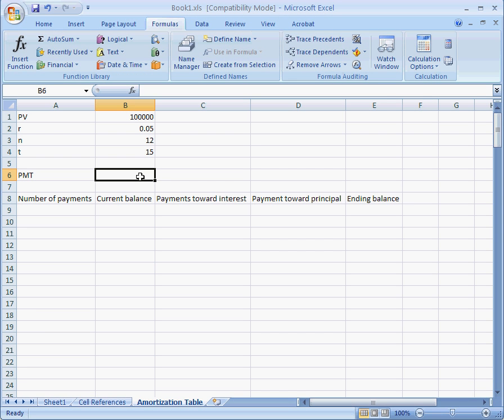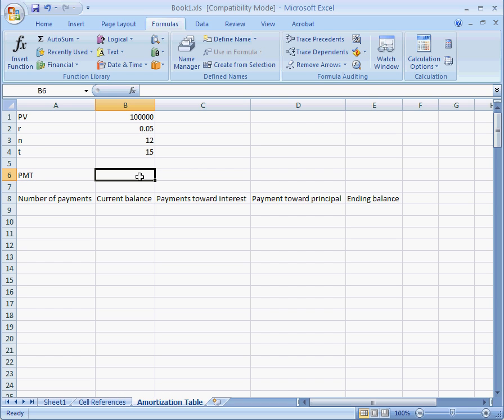Hi all. In this video we'll make an amortization table for a loan. To begin, I've opened up a worksheet titled Amortization Table. To make an amortization table, I need to know some information about the loan. In this example, I'm using a loan amount of $100,000 at an interest rate of 5% compounded monthly for a